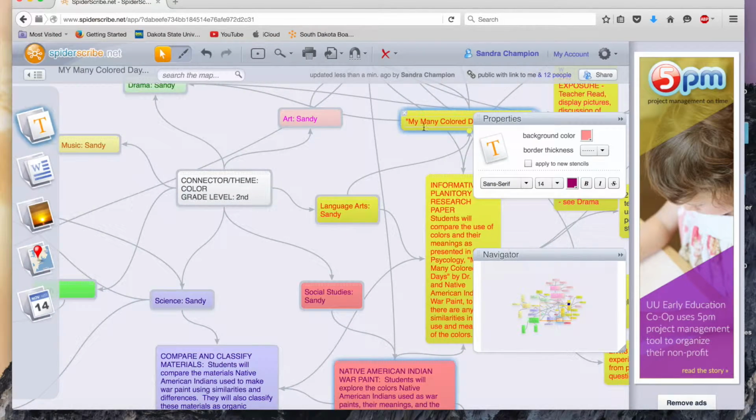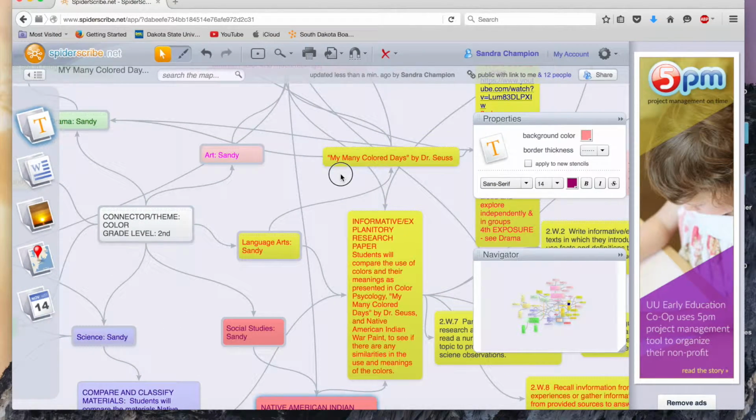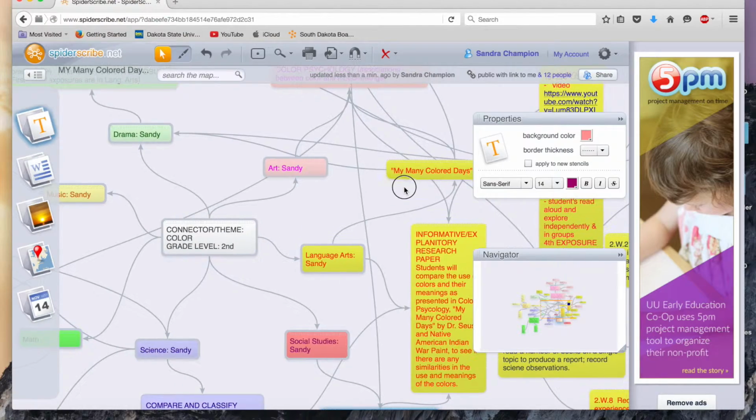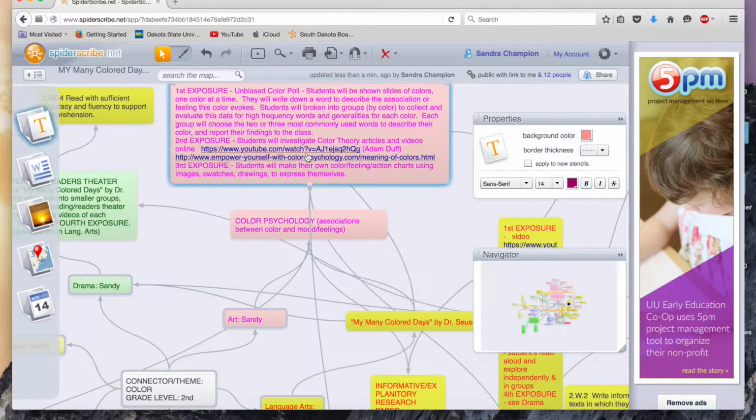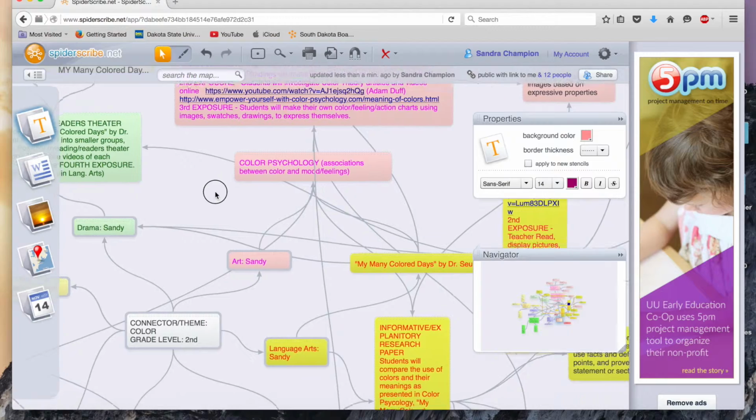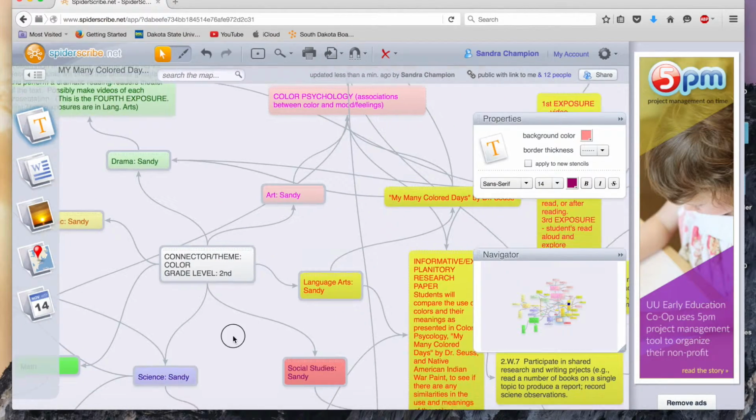At this point, they've read the book. They saw how Dr. Seuss used the colors. Watch the video. You'll see how Dr. Seuss used the colors. They've watched this video and my video, which describes how Western European associates color with emotions